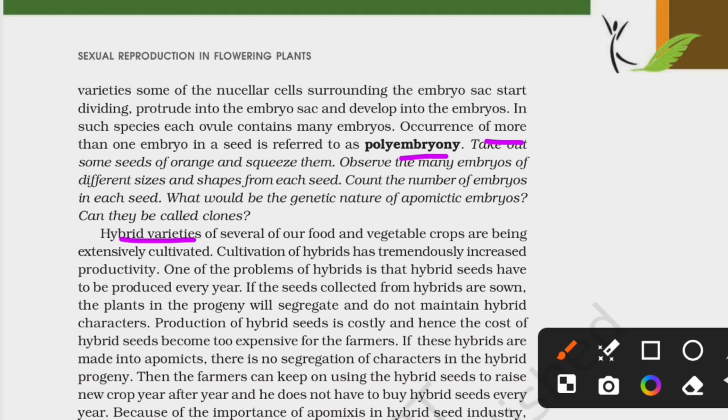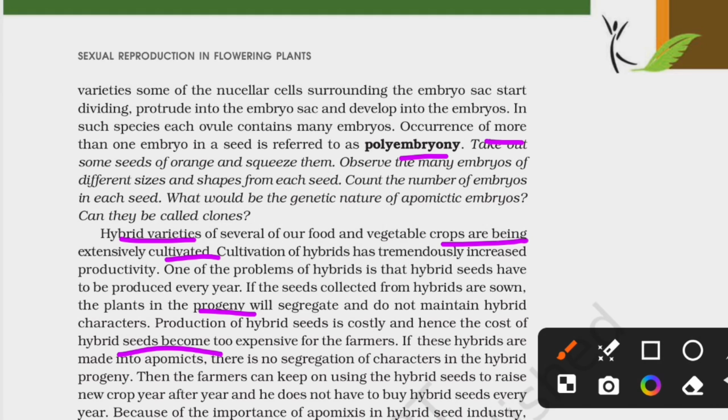Hybrid varieties of several of our food and vegetable crops are being extensively cultivated. Cultivation of hybrids has tremendously increased productivity. One of the problems of hybrids is that hybrid seed has to be produced every year. If the seed collected from the hybrids is sown, the plants in the progeny will segregate and do not maintain hybrid characters. Production of hybrid seed is costly and hence the cost of hybrid seed becomes too expensive for